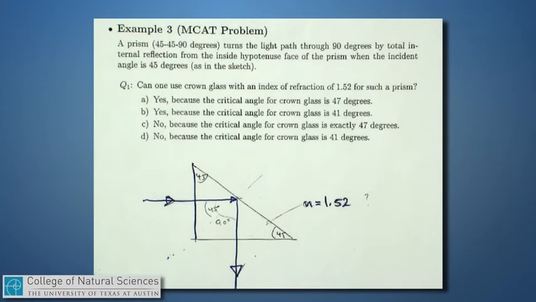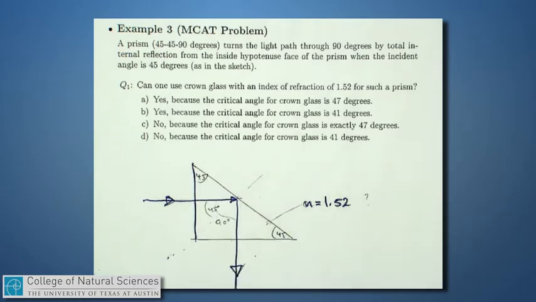Here's another example problem, straight off of a past AMCAT. It reads that a prism, which is a 45, 90 degree prism, so it's a triangular wedge-shaped piece of glass or some material, is being used to turn the light path through 90 degrees, so bending like that, using the process of total internal reflection from the inside surface or inside hypotenuse of the prism when the light